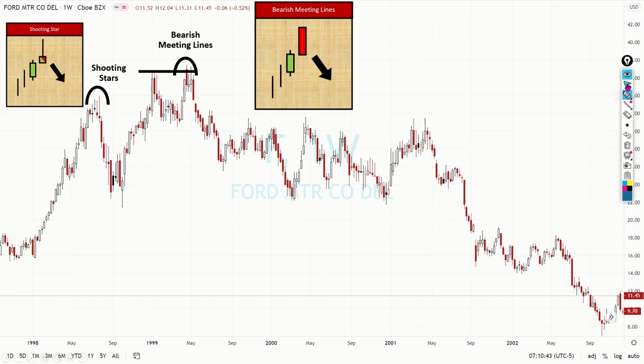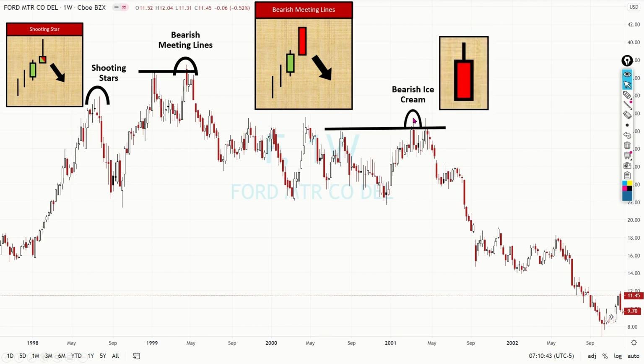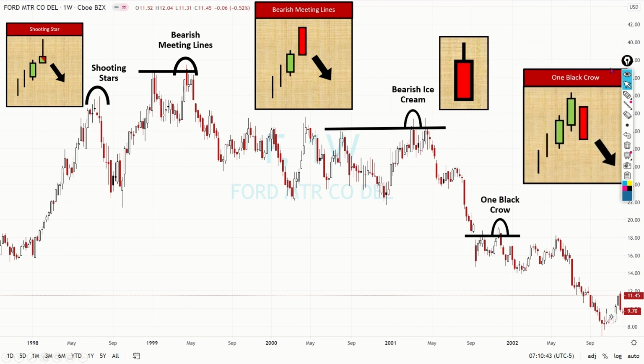All right, because these are advanced levels that we are going into, and I will tend to be more critical in the price structure, the later part. All right, okay. So this is just a single bearish ice cream. So this is all the opportunity that you can see and where you can short in the charts. Right, of course there are more, one black crow,